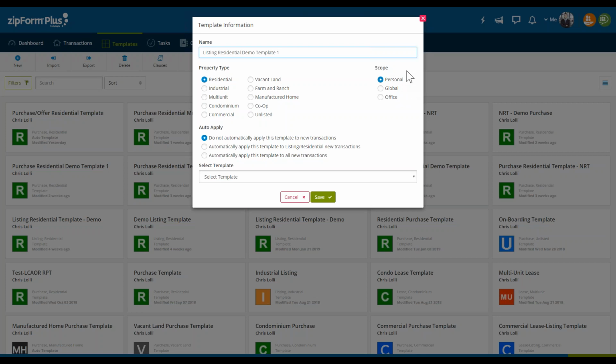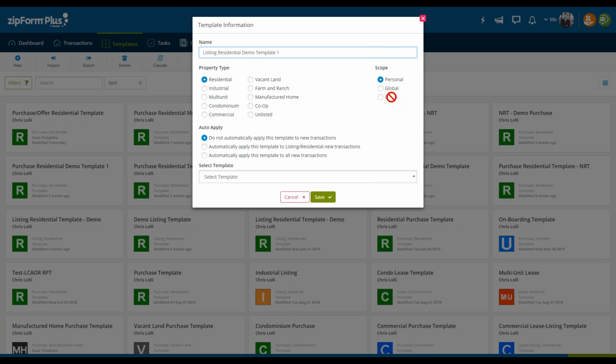What that means is, again, underneath the umbrella of visibility here, it's telling me that this template is visible by me only. Okay, where Global and Office kind of dives into that sharing capability of templates. Where if I'm a broker admin or office admin, I can share this particular template I'm creating across a number of different offices I have, or one singular particular office, which would be Office.